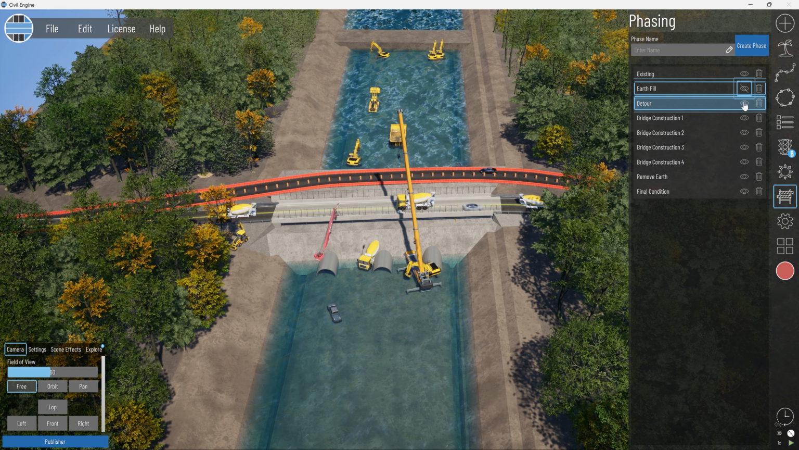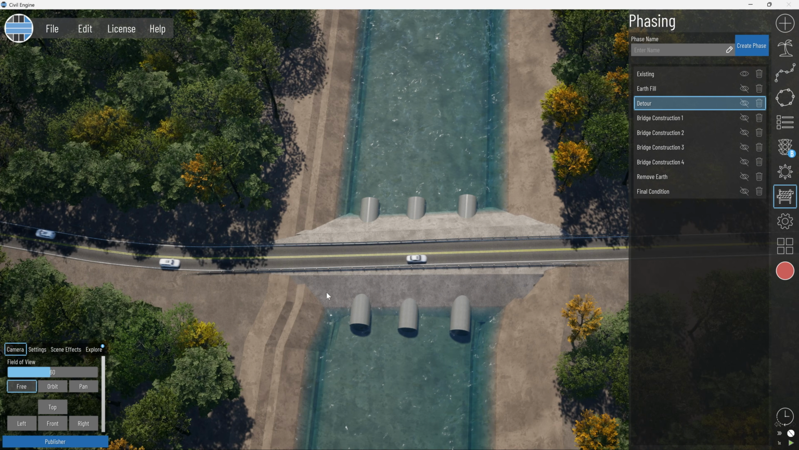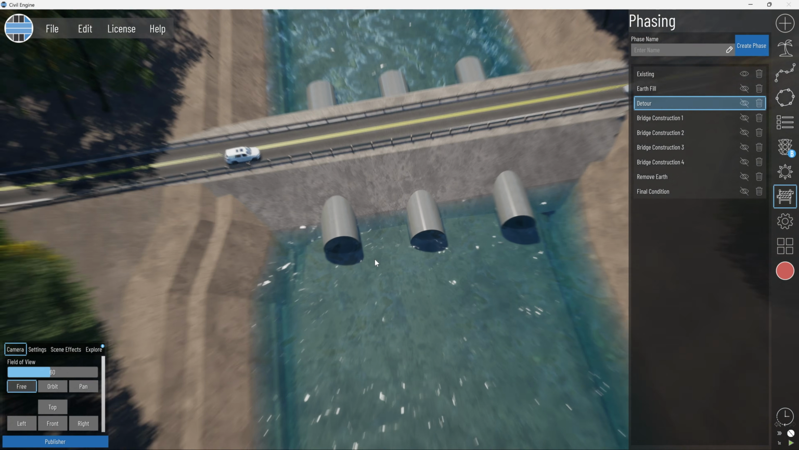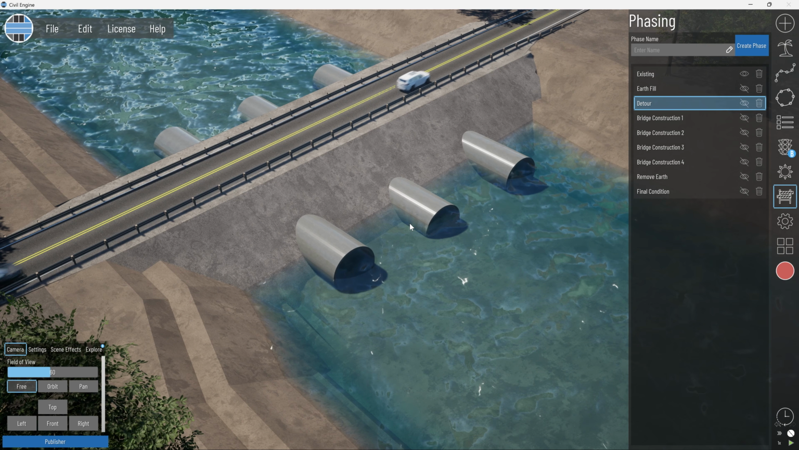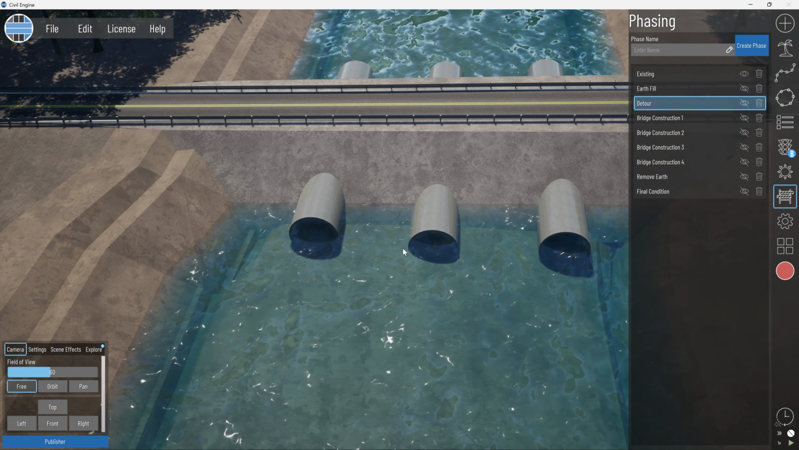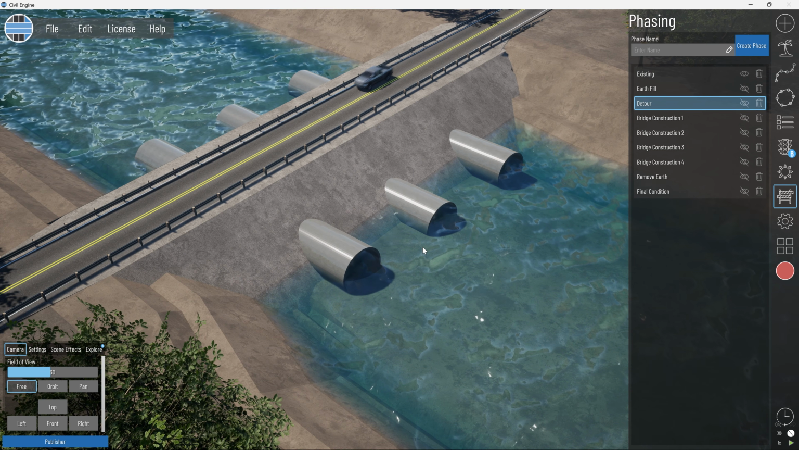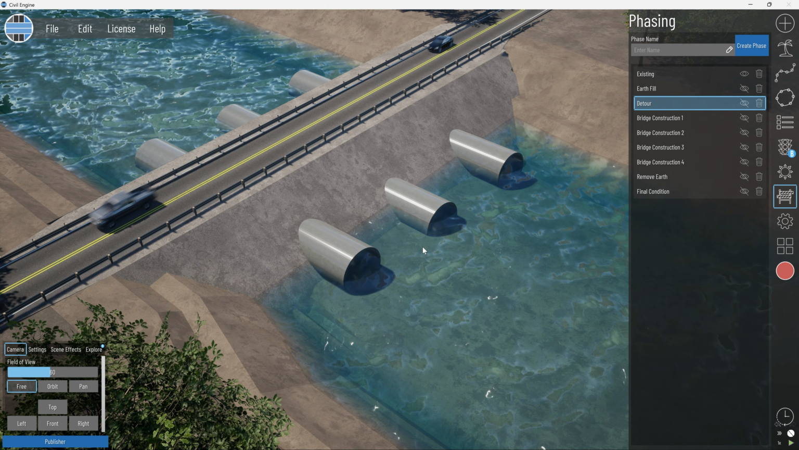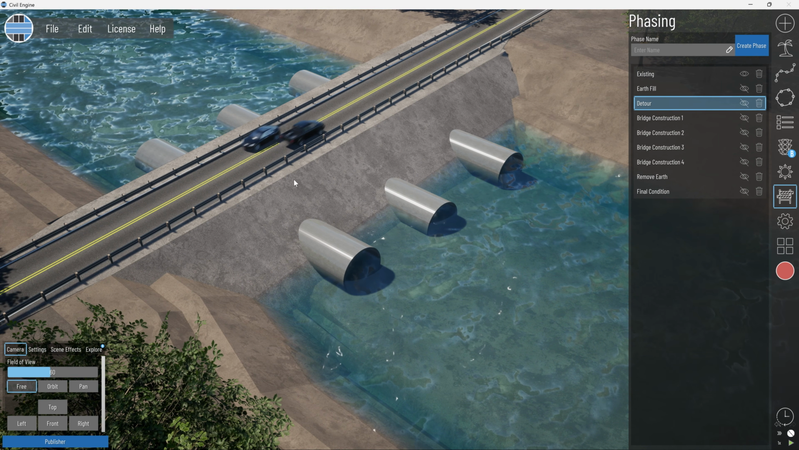So let's get these back to the way they were. In this example, it's an earthen embankment going over this river. We've got pipes that are perpetuating the water, but we want to build a bridge. And to build a bridge, you can't just make it go there. We've got to do something with the traffic. So